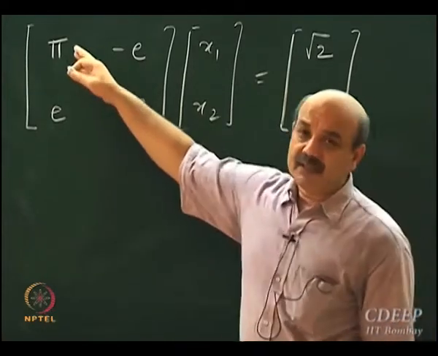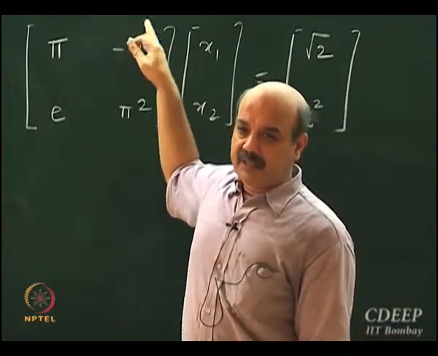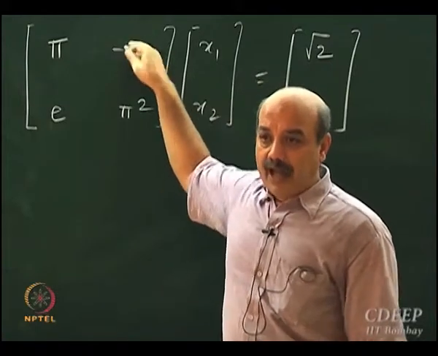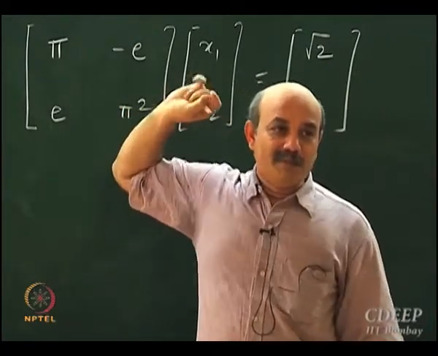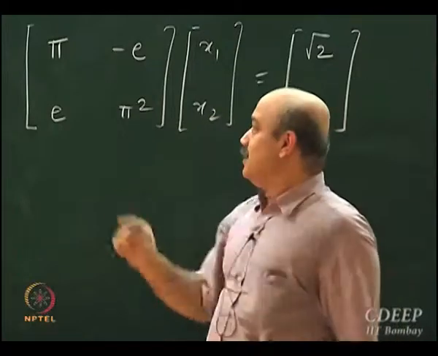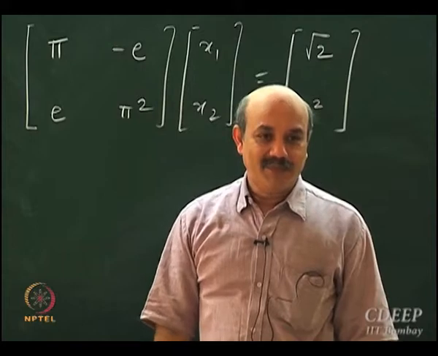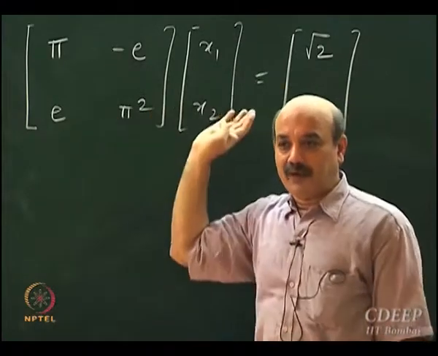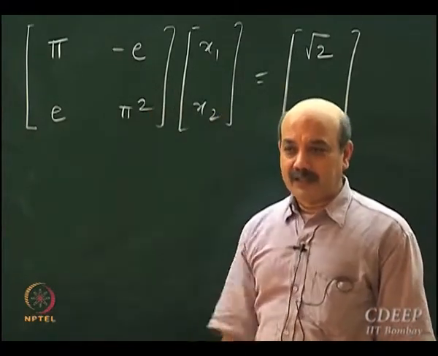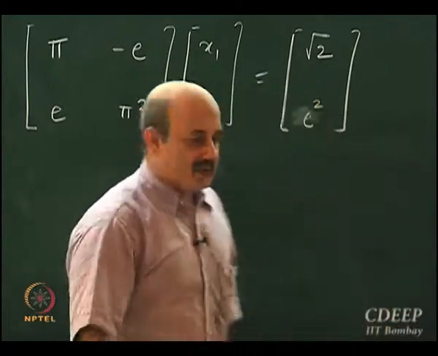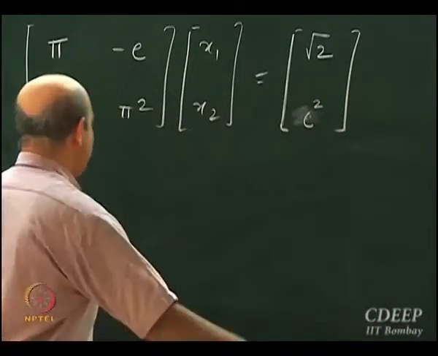I cannot represent pi exactly, I cannot represent e exactly. Actually, for this particular problem, you can find the exact solution analytically. You find a determinant, and then the cofactor inverse. So the true solution to this problem would be